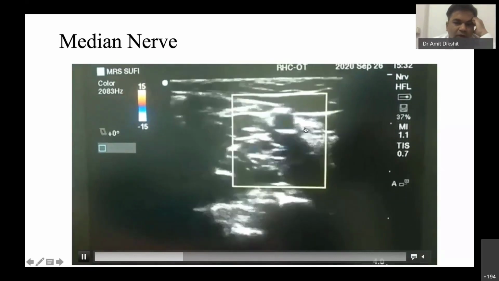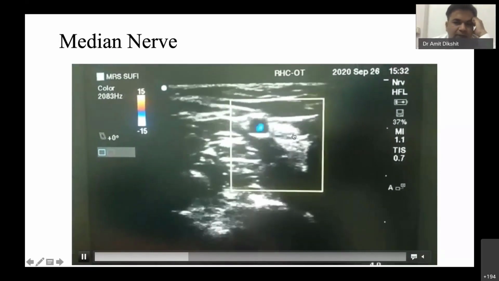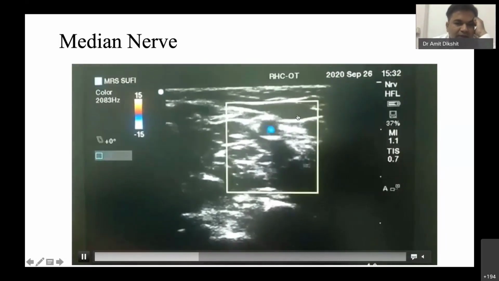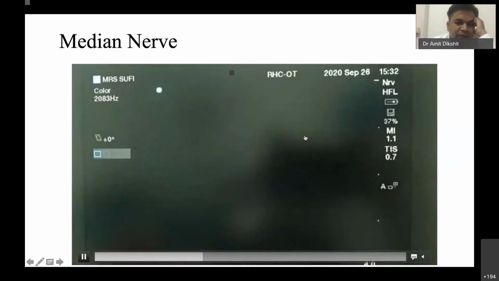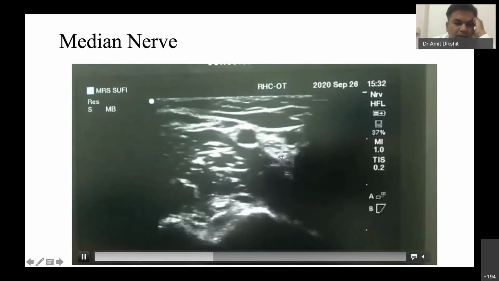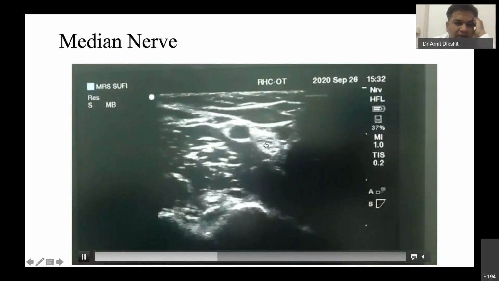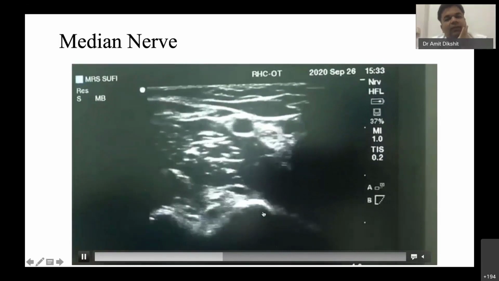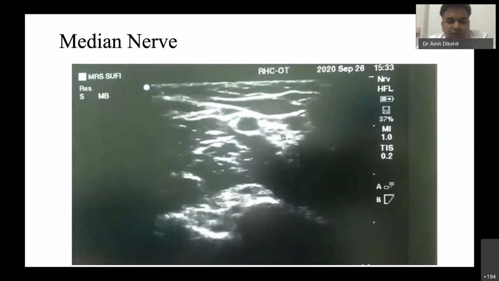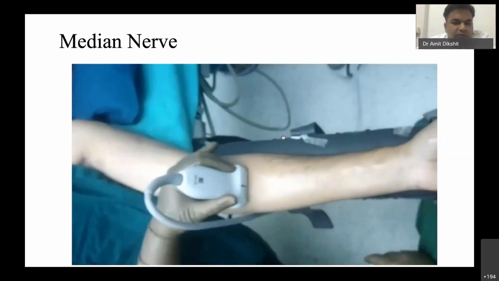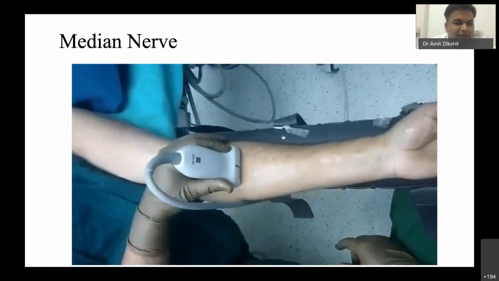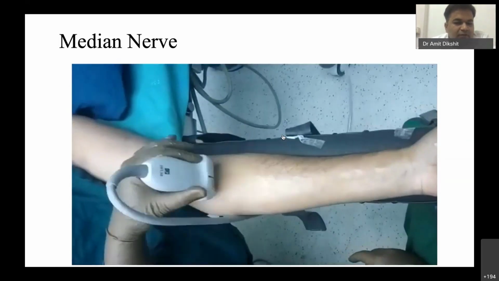So, if you are not very sure, you can definitely use a dual method and stimulate this nerve at this level. You can use an in-plane or out-of-plane technique and block the median nerve. The median nerve here is seen as a honeycomb pattern. Now, when you block the median nerve here at the forearm level, there will not be any blockade of flexor digitorum superficialis and flexor digitorum profundus. So the patient will be able to flex his fingers if we block the median nerve at the forearm level.